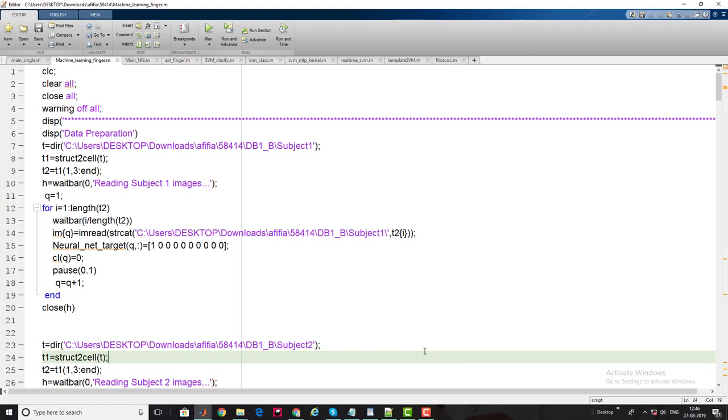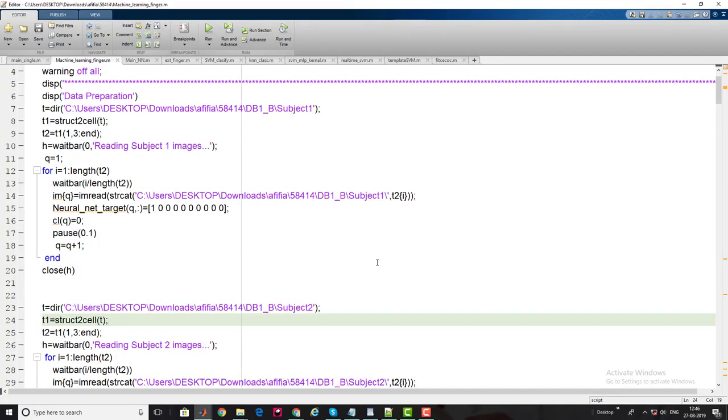Hey guys, welcome again, and today I'm going to show you how you would be able to create a real-time fingerprint recognition system using support vector machine. In my previous video, I showed you how you would be able to build a fingerprint recognition system, not real time but offline or for research purposes, using neural network. This time I'm going to implement support vector machine as a classifier, and thereafter I'll show you how you would be able to build it for real time